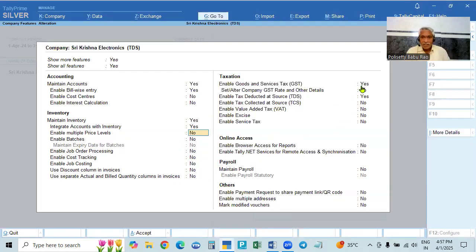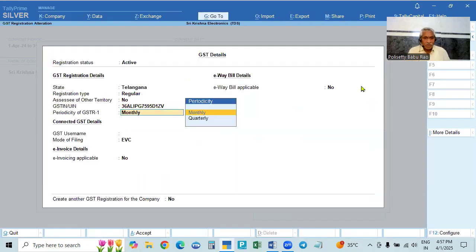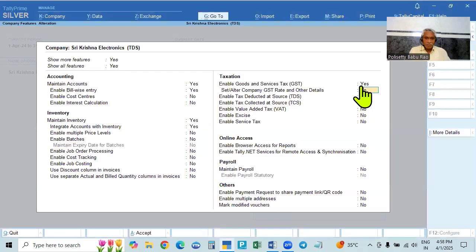Generally the goods and services will have GST also, so GST is to be activated. And the next one, apart from GST, TDS is required. So enable TDS, tax deducted at source. For our trading business this is not required, but for deducting the tax, this is required.